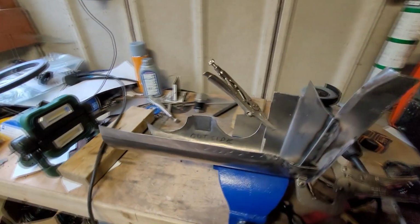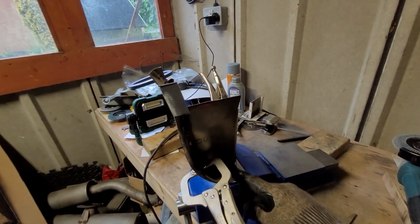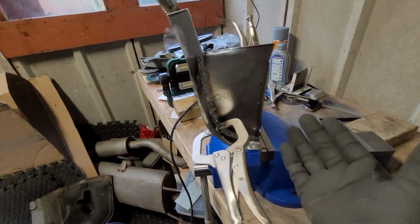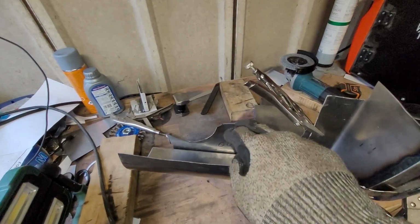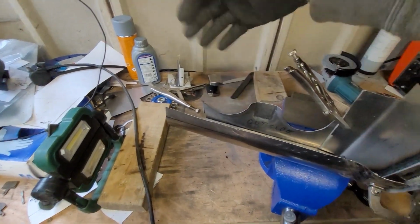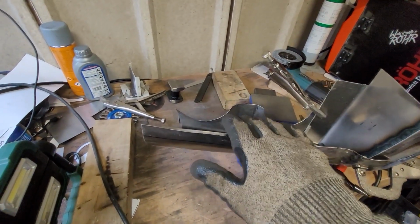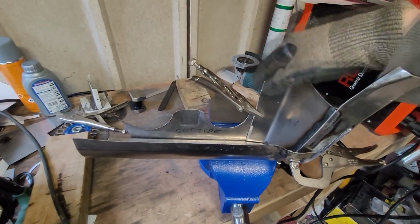So I thought I'd just do a little mock-up of how this all goes together in the car in case it doesn't make sense, if that's of particular concern to anyone. Mainly because I'm really happy with how it all goes together. That's the reason for this. So we have this inner part here, where we did all the kind of dimple die type cutouts. So I'm going to trim off the rusted out part in there, weld this in, and then this front panel that goes in the wheel arch,